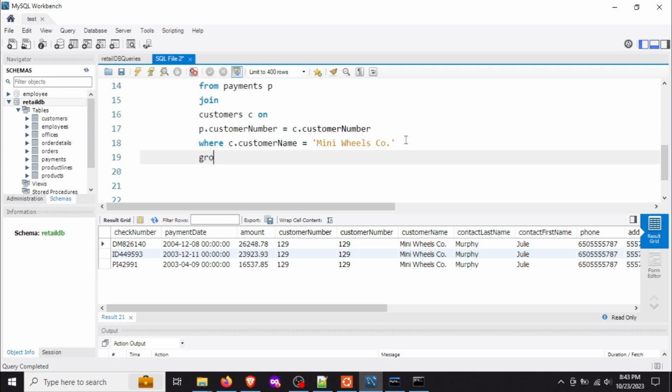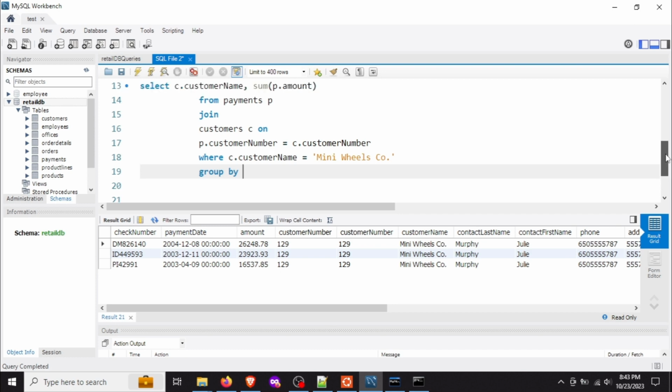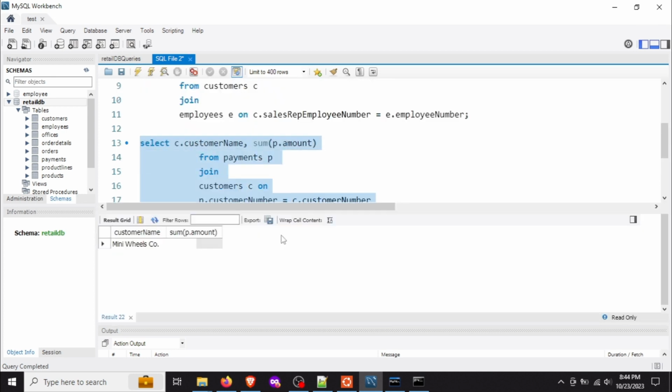So we have to do the group by on this C dot customer name. Because we are using this aggregate function here in the select, we have to use the rest of the columns in the group by. Now if I run this, this Mini Wheels company has a total sum amount of